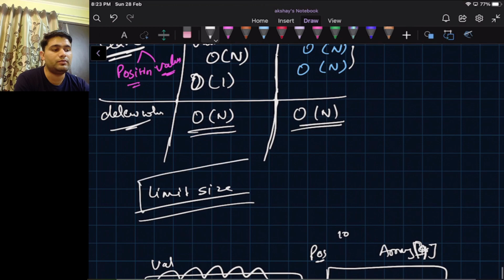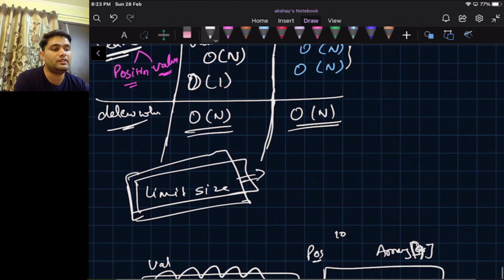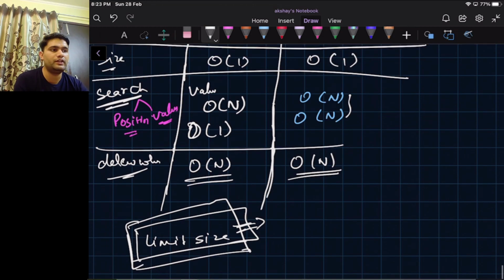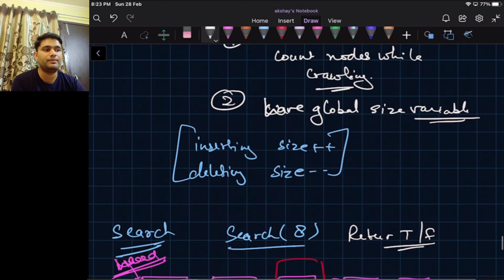And if we are creating a dynamic array, this is also limited to the maximum size of the integer. And this is all for today. We have compared the array and linked list.